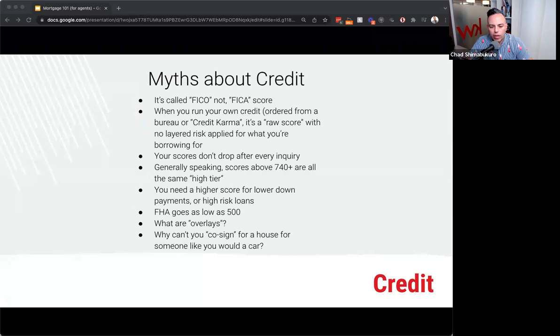Why can't you co-sign for a house like you would for someone with a car? When you co-sign for someone, it's really being a co-borrower, and they're going to take the worst case of both people. So if, for instance, your parents are co-signing with you to buy your first home and your parents live in a different state, that purchase automatically becomes a non-occupied purchase, which is basically an investment property. And you're going to say, well, yeah, but I'm on the loan too, and I live here, but they don't. So it's not that simple. It happens from time to time and it works from time to time. But you're going to be hit with the worst case scenario if one of the occupants or borrowers is not occupying the property.